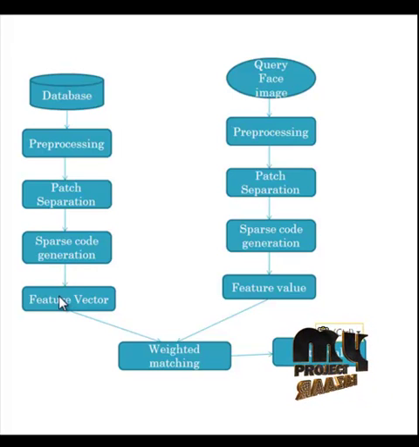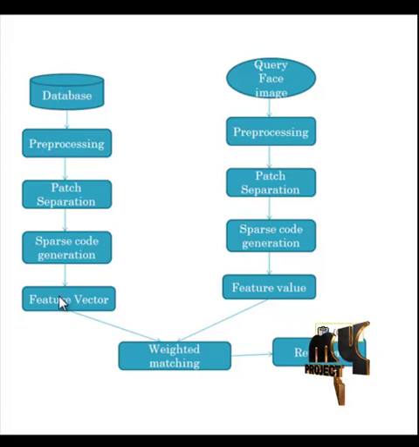In this step, we identify the LBP pattern of the images. LBP represents the local binary pattern. The LBP operator assigns a label to each and every pixel of the gray level image. The label mapped to a pixel is affected by the relationship between the pixel and its 8 neighboring pixels. After extracting the feature vector, it goes to the weighted matching.